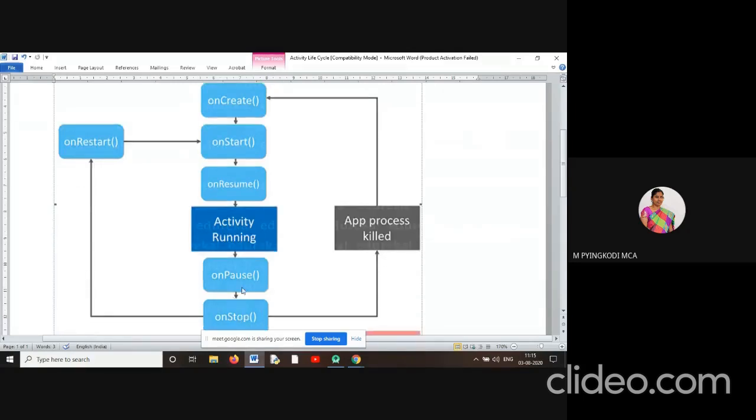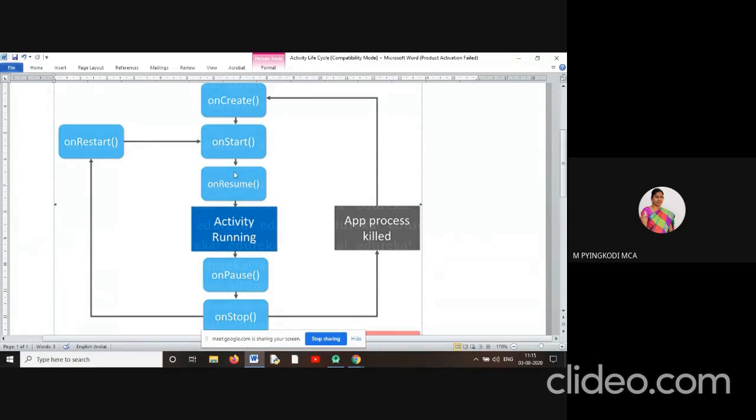In onPause, the WhatsApp activity we were using is not visible. While using WhatsApp, an incoming call comes and we try to attend it, so at that time the WhatsApp activity goes to the onPause method.